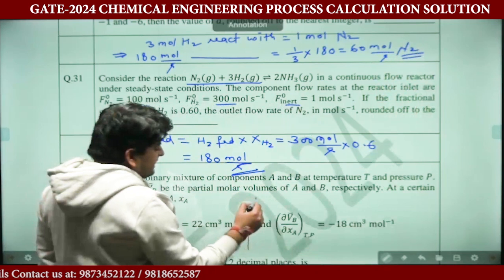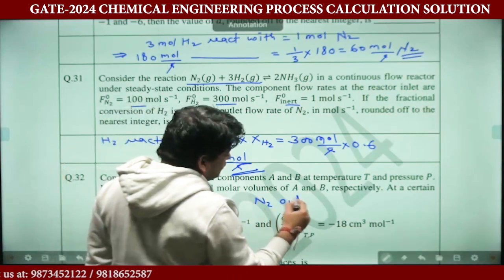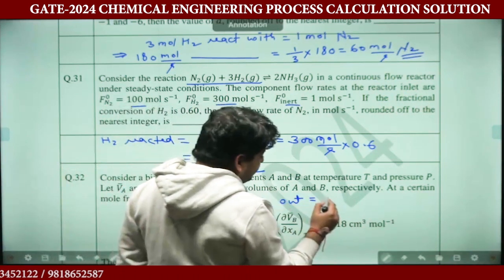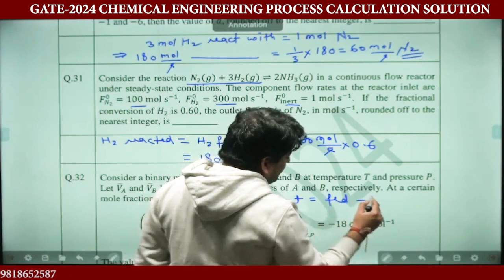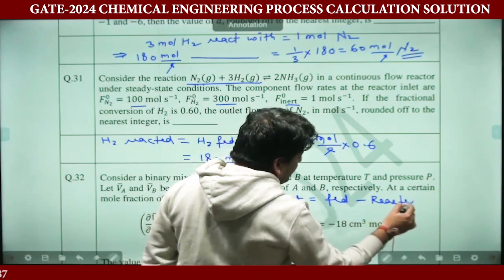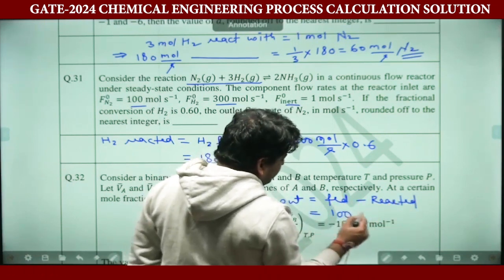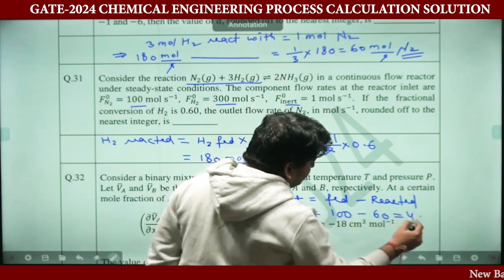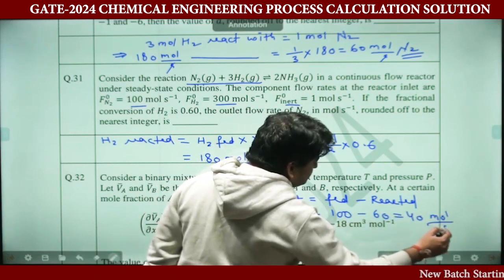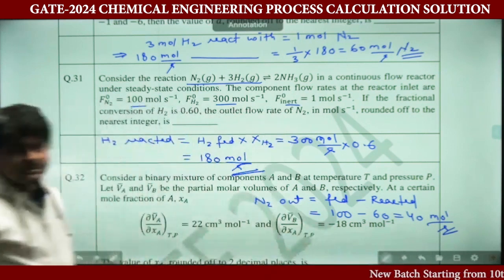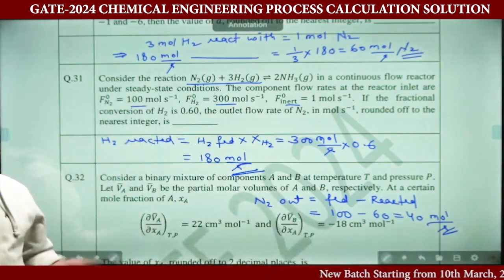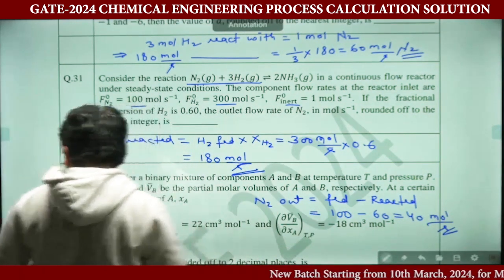So nitrogen leaving the reactor, nitrogen out, will be fed minus reacted. That is 100 minus 60 equals 40 mole per second. Simple. So this was for 1 mark. Now the other 2 questions for 2 marks were